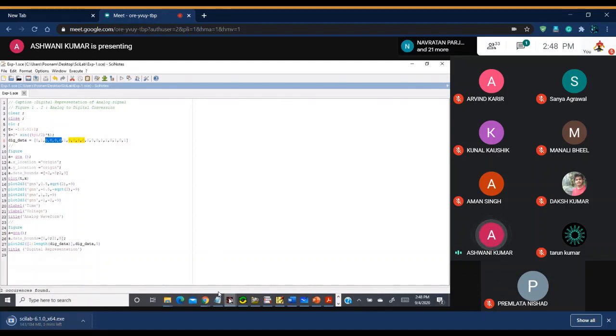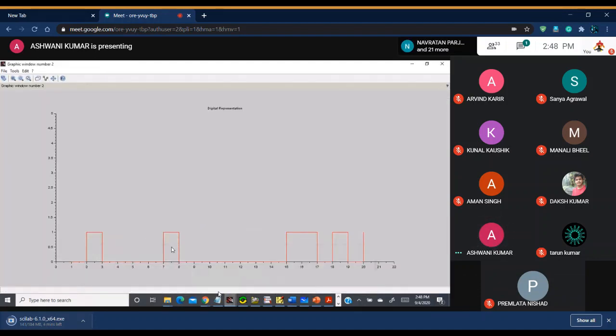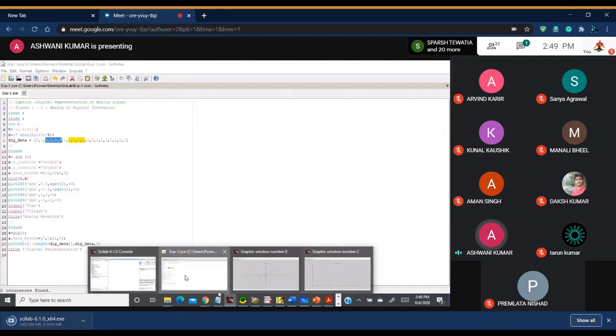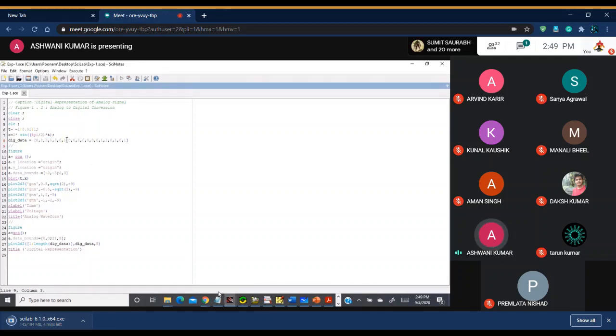So you can verify this from here. 1 to 2 you have 0, then 2 to 3 you have 1, and then next we have 4 zeros. After 4 zeros we have 1, and after that 1 2 3 4 5 6 7 zeros.